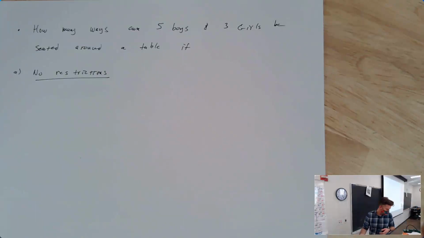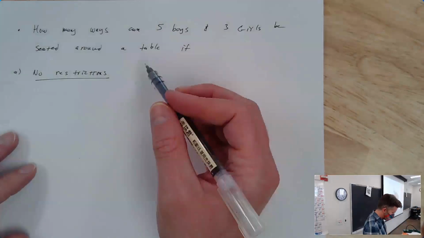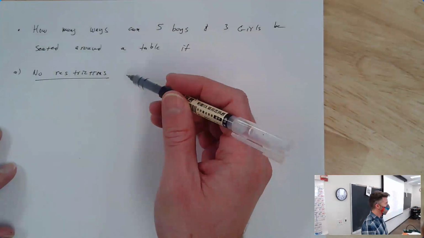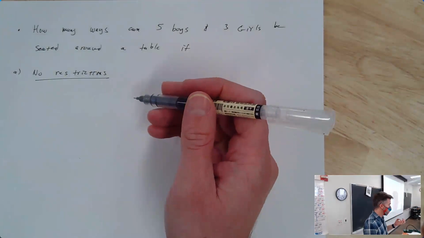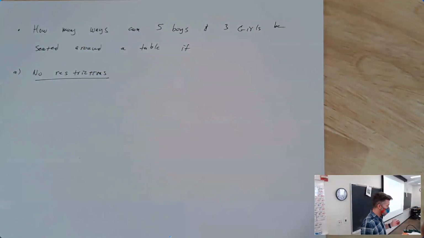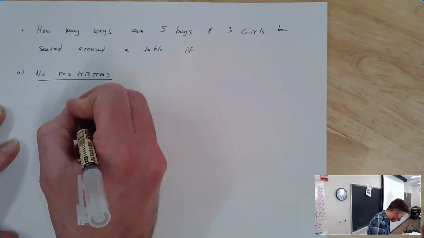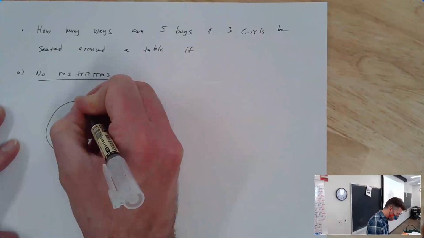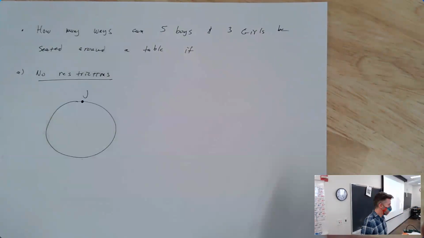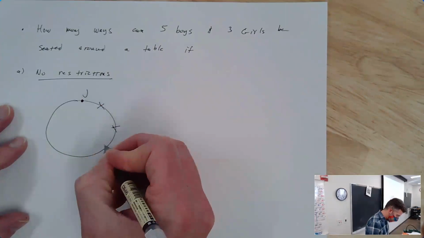Meaning that, well, basically you have to fix someone. Right? Someone goes in one spot. So let's say at this table of 8 people, we're going to fix James there. I get to sit there. And then the other 7 spots,